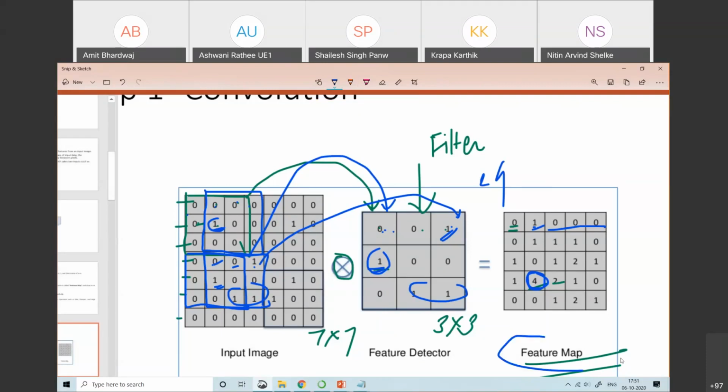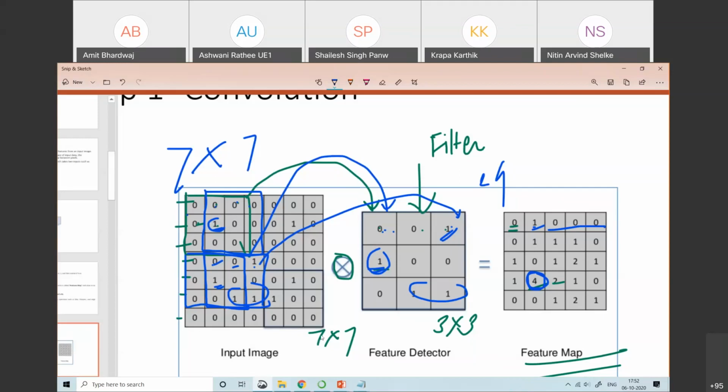Now this is how we get the feature map. Observe here, your initial matrix is of size 7 by 7. When we travel through each and every layer in the convolutional neural network, the dimension of the image gets reduced. Dimension is very important, because in deep learning we need a lot of images, and if the dimension of the image is very high, it takes a lot of time, even 1 week or 1 month.